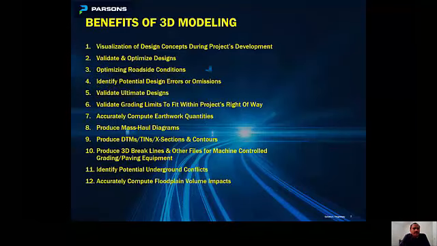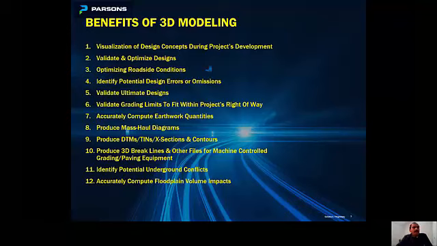These are the benefits of 3D modeling. As you can see, there are many benefits with 3D modeling. Mainly the 3D model helps visualize any solution. Sometimes the solution might be very simple or complex, but it gets very hard to explain and convince the client. That's when the 3D model comes into the picture, to help visualize that solution and convince the client the design solution would work.